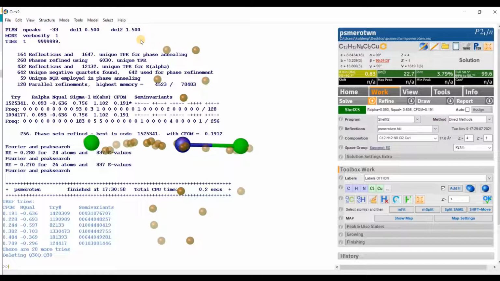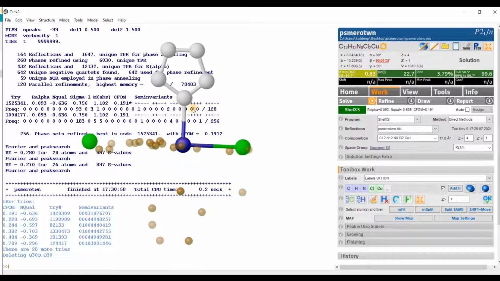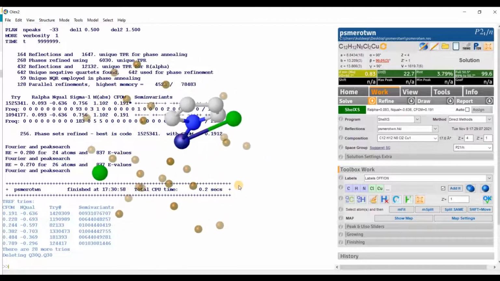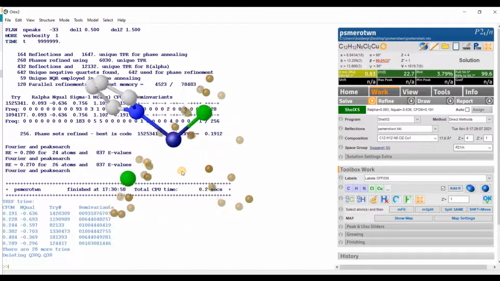So I will select by pressing Shift and the right mouse key, make them carbon. But I know this should be nitrogen, so I make it nitrogen. Okay, so one of the imidazole rings is found. Let's go for another ring.